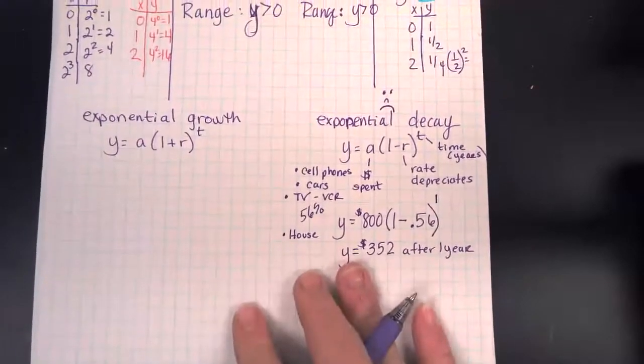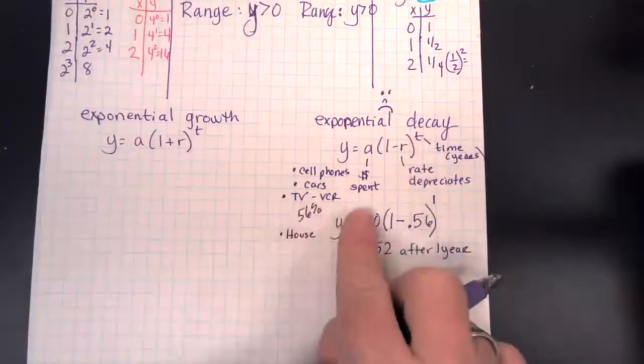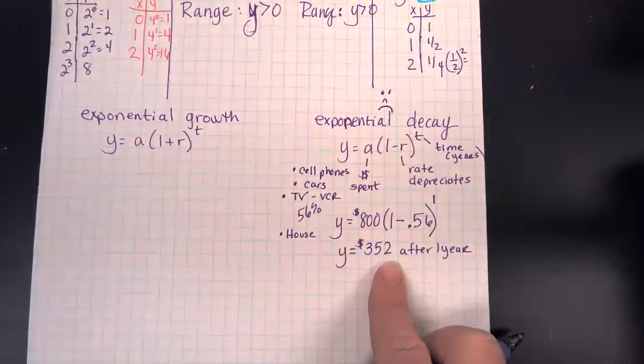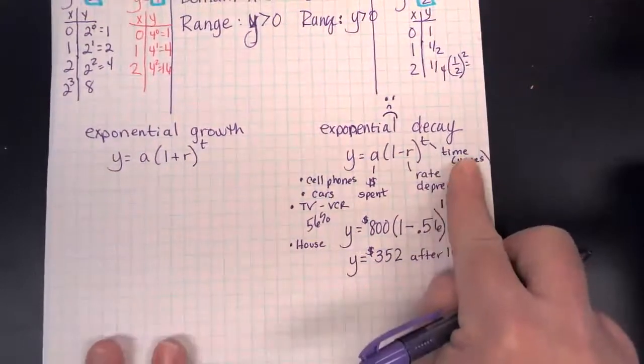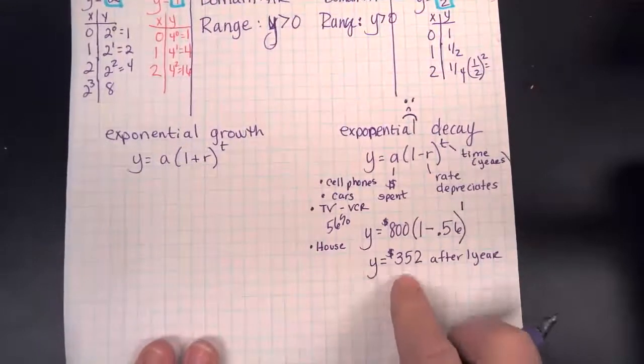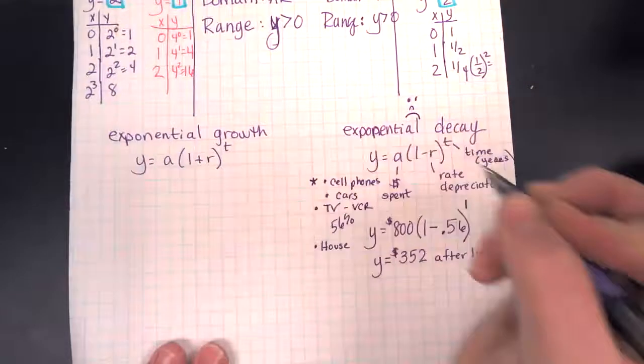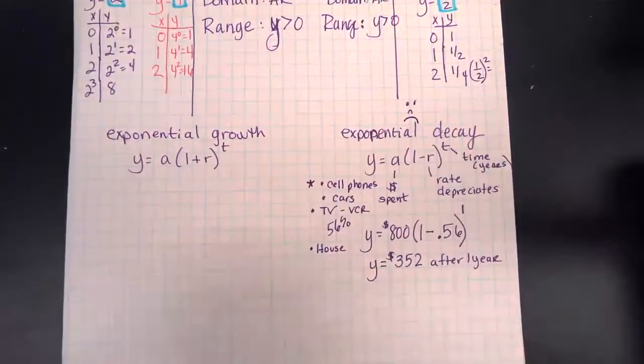So this depreciation, yeah, sad face. This stuff is not going to be worth as much. And again, the depreciation rate is usually over a period of 1 year. So you'll have to look at this, especially cell phones. That has been especially crazy. Which is why a lot of times,